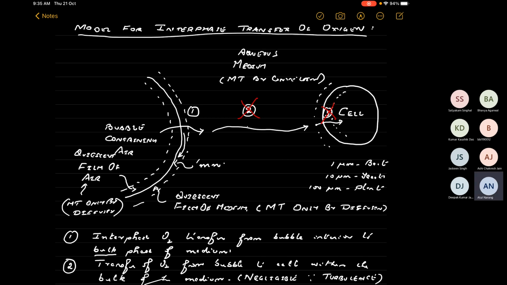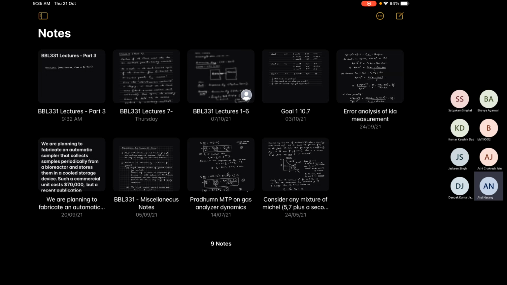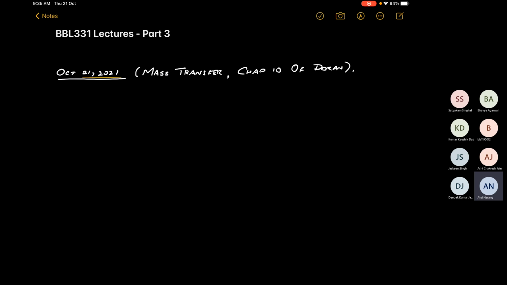And in the case of cells, also we can ignore it. It's also not rate limiting because the cells are much smaller than the bubbles, and since their surface area is very high compared to their volume, they have no problem picking up the oxygen on their surface. Okay, so now with that background, we move now to actually determining a mathematical expression